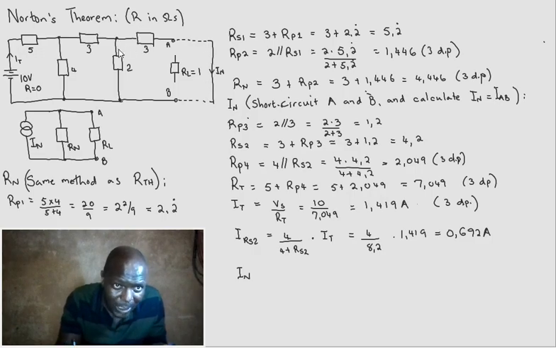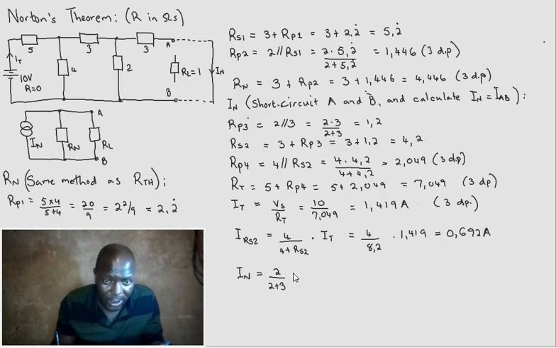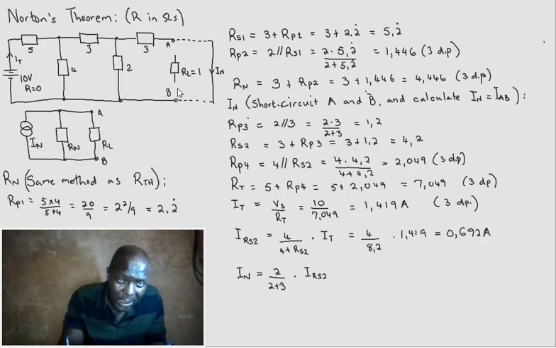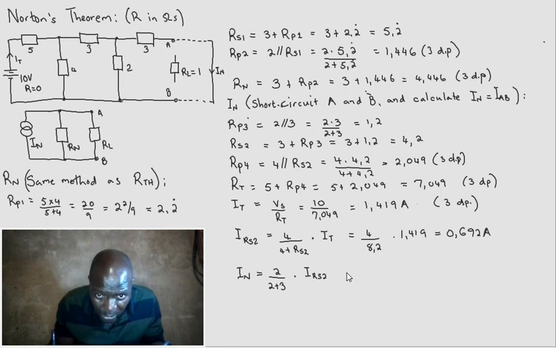Right. We are trying to work out what I said was I Norton. I Norton is the current through the 3 ohm. To get that, these two in parallel, we use the 2 ohm, already explained with the current divider. 2 over 2 plus 3. We are sharing with the 3. What the 2 rejects goes to the 3. So this time the current that comes in, which is I R series 2, the current that went through this series network, is equal to 2 over 5